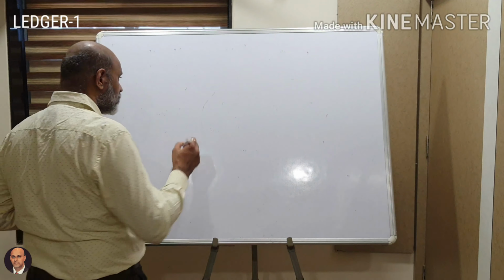Okay, so now we are opening two ledger accounts. One is your cash account and the other is your capital account. Cash account debit to capital. What I am doing, I am going to the debit side of cash account. I am writing to capital. Then I go to capital account, but I go to the other side of capital account and I write down by cash. Okay, so this is your first start to it. I shall do a few more examples in this, whereby you will understand at least the posting thoroughly. The other parts are very easy if you understand the initial part of it.